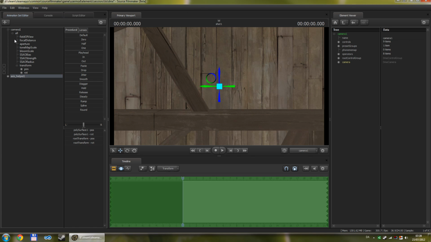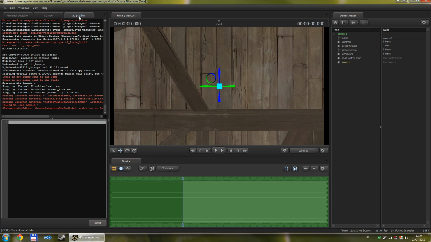Click that, and then control click the camera. So basically select the two, but you must select the view target model first. Then go into the script editor, and you probably don't have this tab, so go to Windows and then Script Editor, and then in this text box down here type sfm period, and that needs to be lowercase,